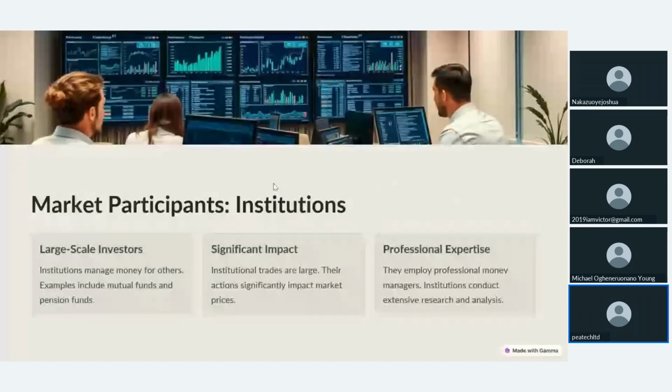Then we have the next participants, which are the institutions. Now, the institutions refer to large organizations, right? They have significant impact in the market. Why? Because they can pump a huge amount of money to decide the direction of the market. We are talking about institutions like banks, hedge funds, those mega institutions, right? They affect the market by pumping millions and billions of dollars inside the market to decide the direction the market